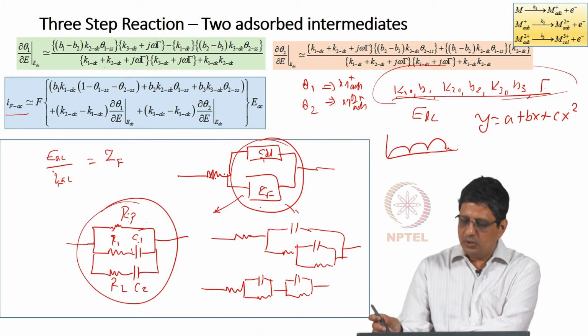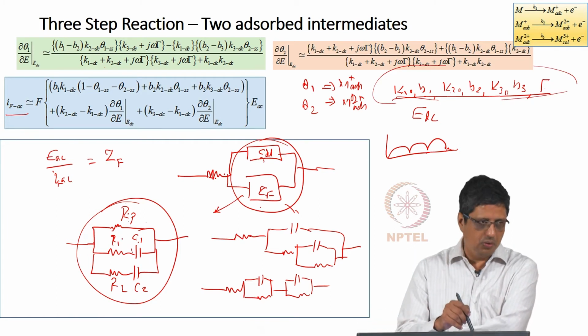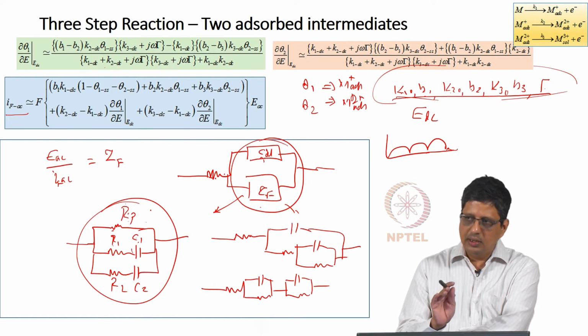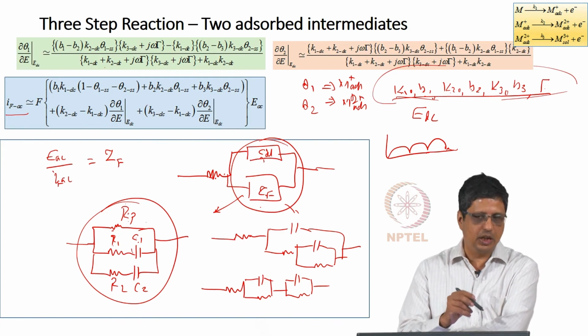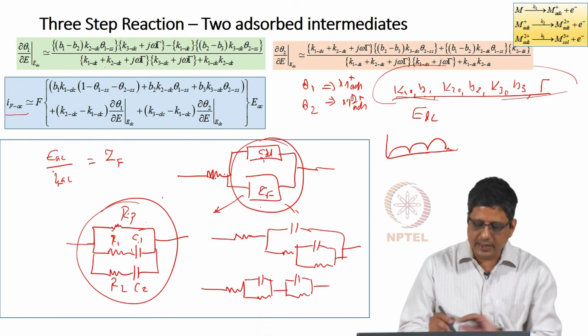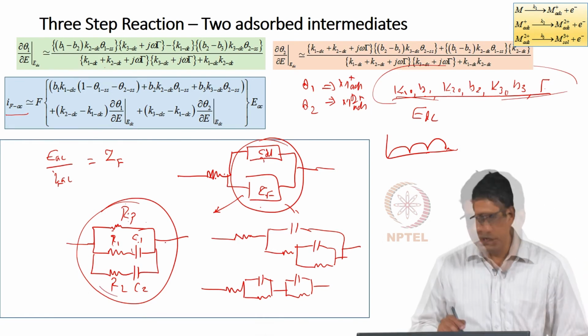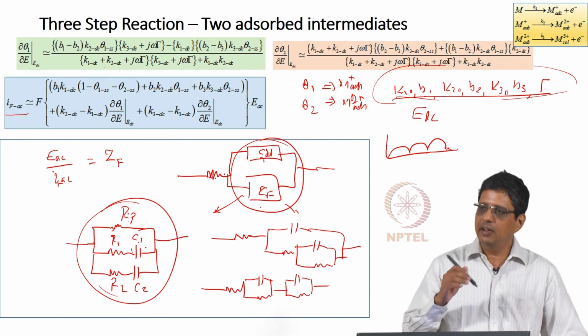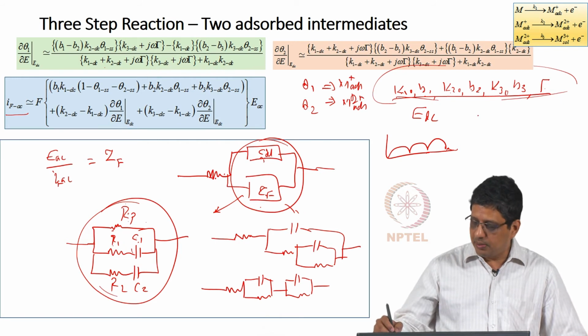Okay. So, likewise here we have 7 kinetic parameters mapped to 5 electrical elements. If I want to get 7 kinetic parameters, I need at least 2 DC potentials at which I have to get the impedance values. So, what would happen is at one DC potential I will get 5 elements here, as long as I have. Okay. So, there are a couple of aspects to this.